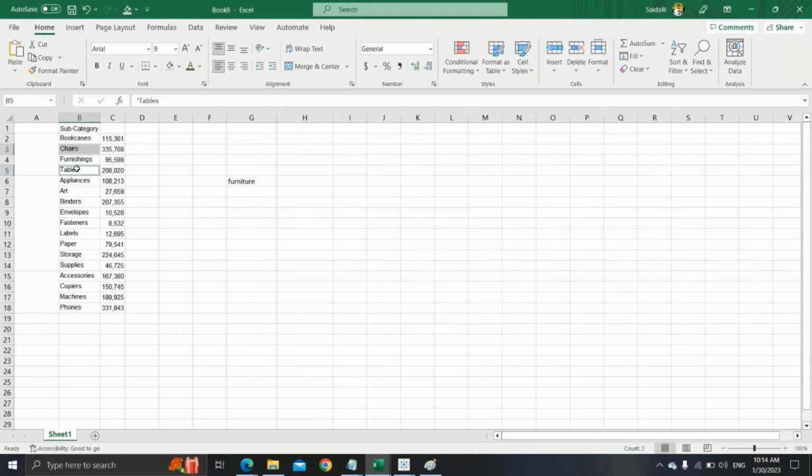Okay, let's consider only these two. When we take the sum of these two values, that is the furniture value. So the sum of the chairs value and the tables value belongs to furniture. That's why, when you calculate the data at category level, you need to sum the